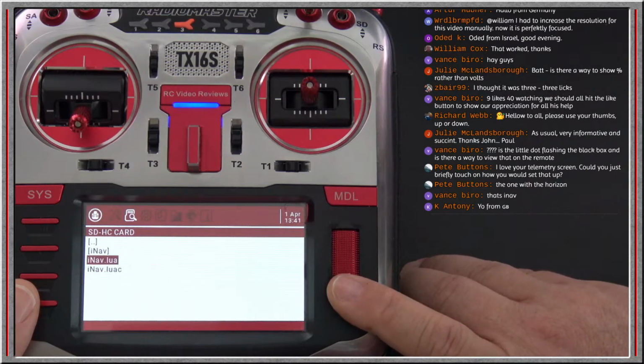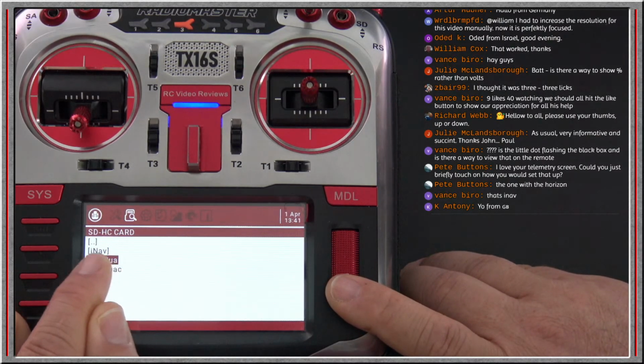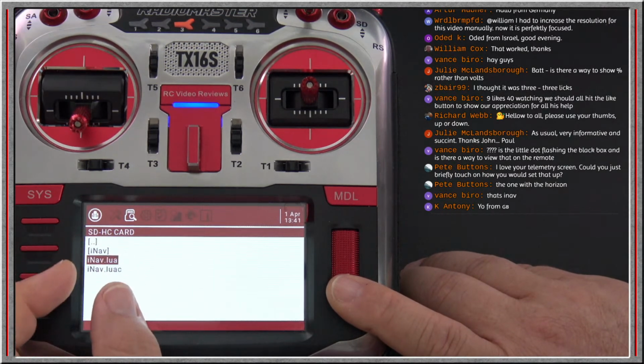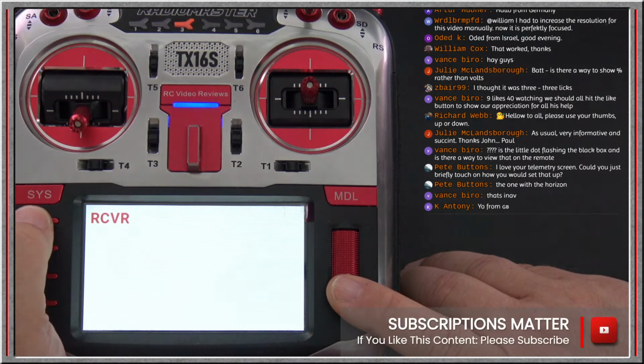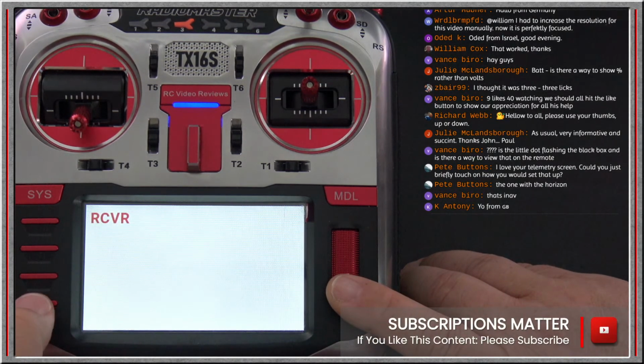Telemetry. And then iNav. So that's where it goes. So you put it in there. You put that script in that folder. You just drop it in there. Okay. And then once you've dropped it in there, the next thing you have to do is create a telemetry